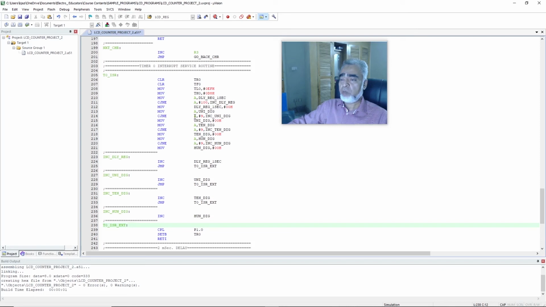If the value of the accumulator will not be equal to 9, then our program will jump to the increment unit digit subroutine, and here the program will increment the unit digit by 1. After incrementing the value of unit digit, our program will jump to the timer 0 interrupt service routine exit. But if the value of the unit digit will be equal to 9, then our program will come